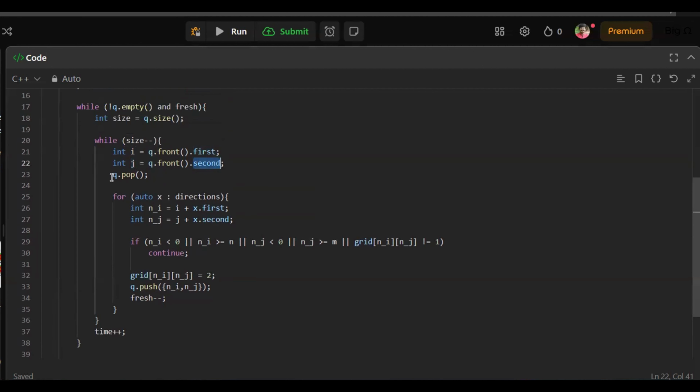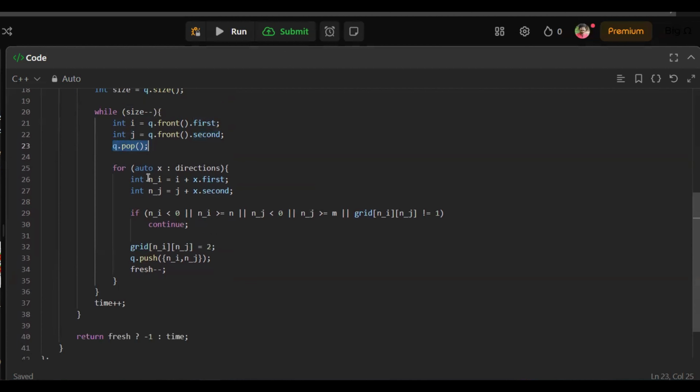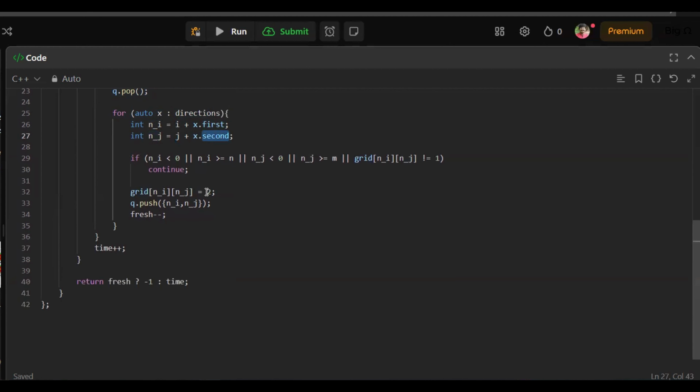Now we have to remove the front element from the queue and iterate over the direction array and calculate the new i and j, which is i plus the direction array's first element and j plus the direction array's second element. And we have to check now whether our new i and new j become out of bounds or